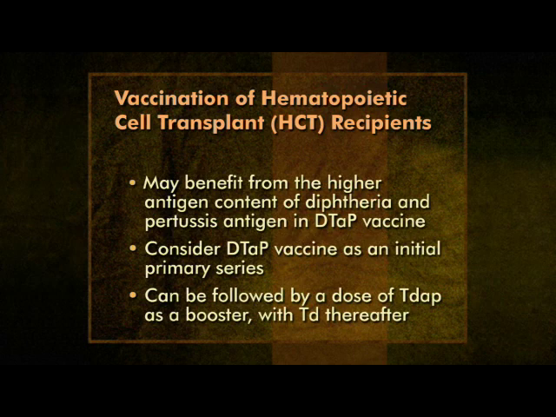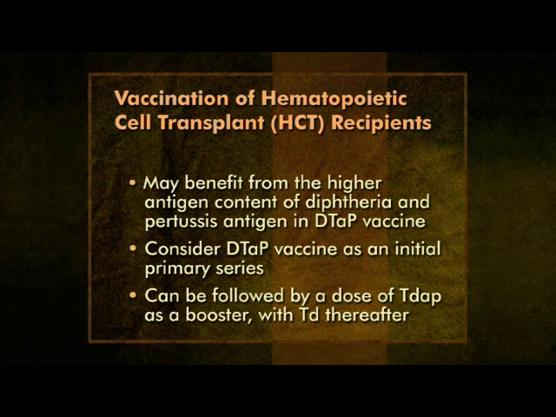Because HCT recipients have their immune memory erased as part of their treatment, they may benefit from the higher antigen content of diphtheria and pertussis antigen in DTaP vaccine. This vaccine is not licensed for persons older than 6 years, but providers should consider DTaP vaccine as an initial primary series for these older persons. This can be followed by a dose of Tdap as a booster, with Td thereafter in the routine 10-year cycle. Tdap does not produce a strong immune response to tetanus and pertussis toxoids when used as an initial primary series